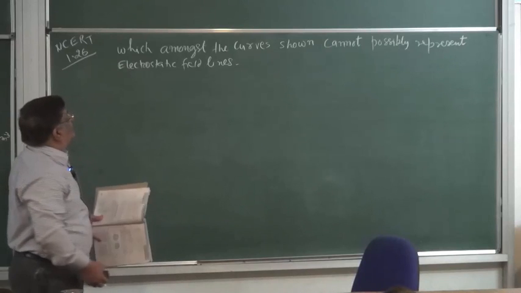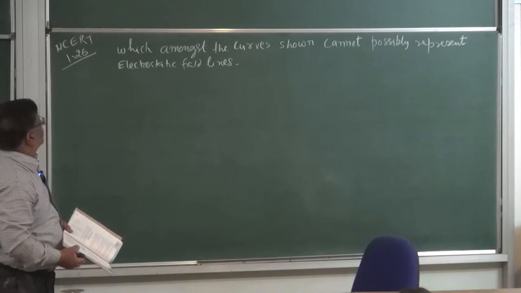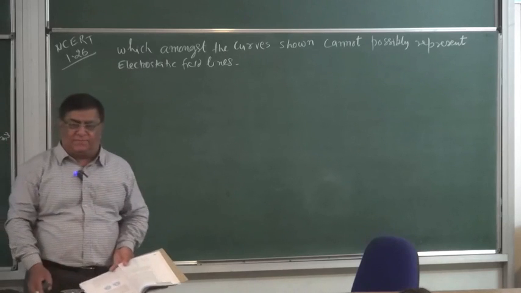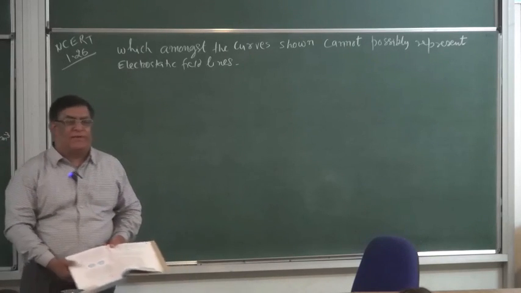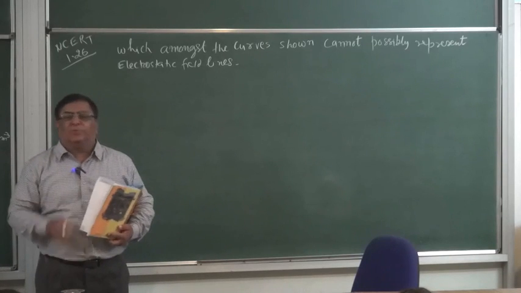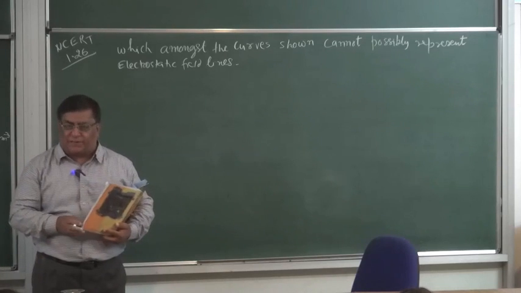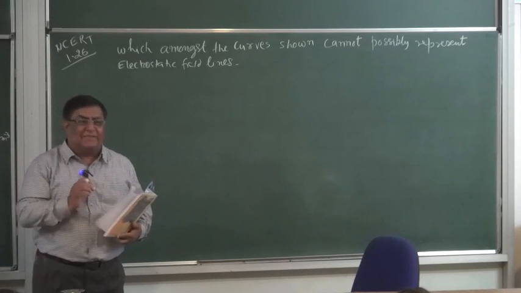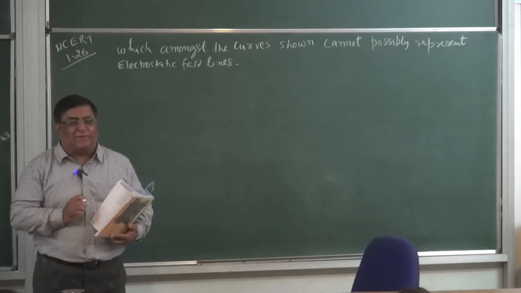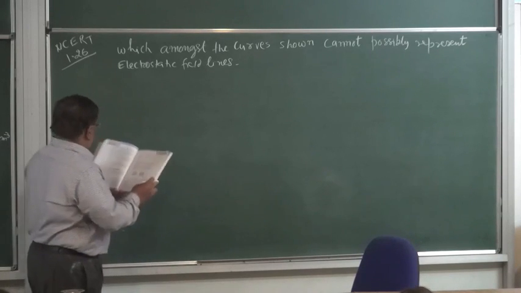Which amongst the curves shown here cannot possibly represent electrostatic field lines? इसमें बहुत से examples दिए हैं बुक में. I will make certain examples. पूरा डायग्राम मैं नहीं बना रहा हूँ, मैं सिर्फ वो वाला पॉइंट हाईलाइट करता हूँ which will tell us why it is a correct electric field and why it is not a correct electric field. Okay, so